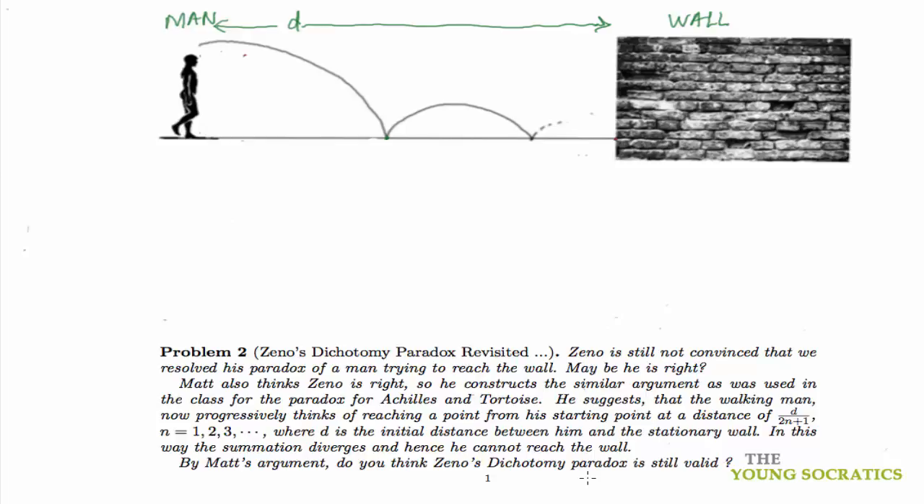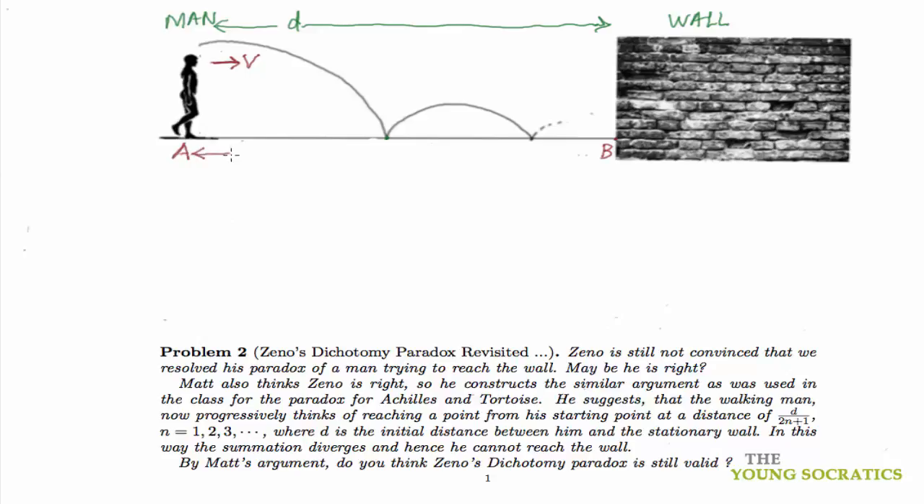Problem 2, Zeno's dichotomy paradox revisited. Let's first explain Zeno's dichotomy paradox. A man is walking with a fixed speed v towards the wall. Zeno said, in order for the man to reach from point A to the wall, the point B, he first